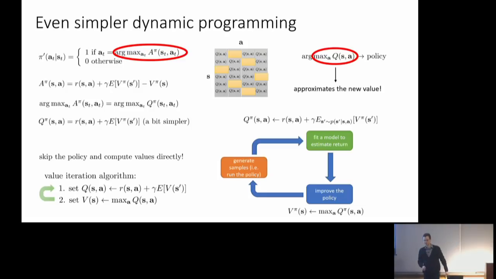Question? When do we stop this process again? Exactly. So you can actually show that this process converges. It's a fixed point iteration algorithm. And you can stop it when the infinity norm of the difference between the left-hand side and the right-hand side of this equation is less than some threshold. Formally, you can show that this thing will reduce the infinity norm between the optimal value function and the current value function. So it makes sense then to use the infinity norm as a stopping criterion.